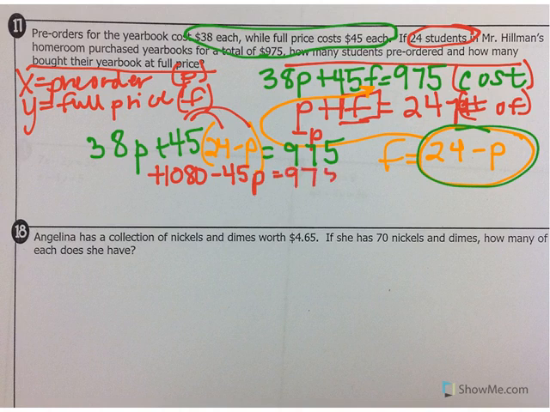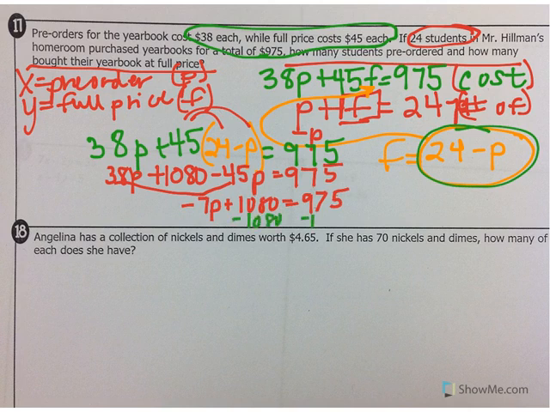Equals 975. And then you bring down the 38p. You can combine these p's, and you get negative 7p, and then plus the 1080. And then you can subtract that from 975. So we subtract. Okay, when you subtract, you're going to get negative 7p